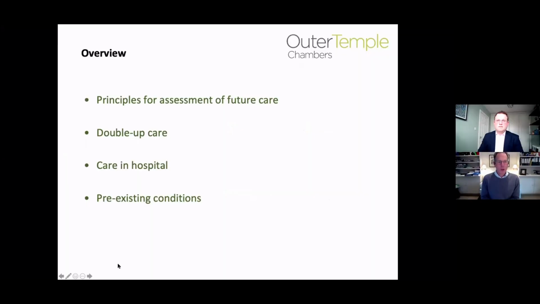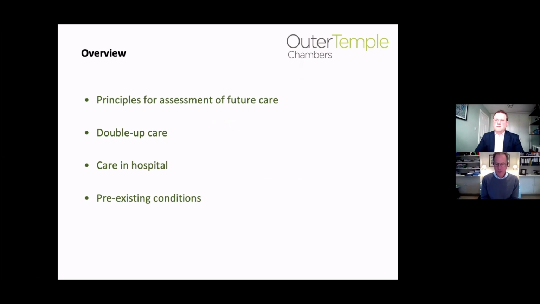Thank you, Ian. Well, we divided it up so that I'm going to deal with the first two areas on the slide here, looking briefly at principles for the assessment of future care and then double up care. Ian is then going to follow on looking at care in hospital and pre-existing conditions, all in the context of spinal injury claims. We thought that these would be useful topics to cover because, as you'll all be well aware,